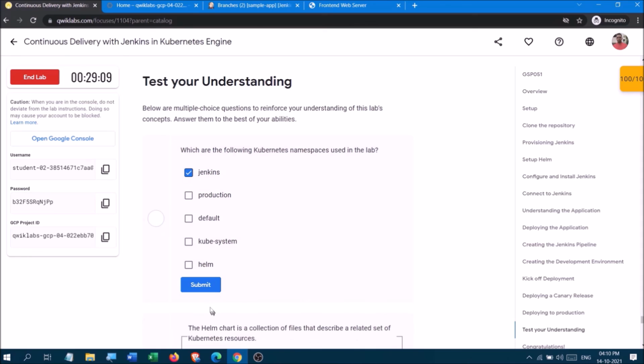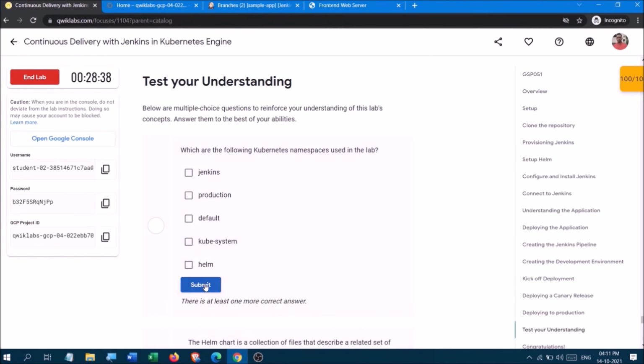We will look at default. Okay, so which is the correct one?